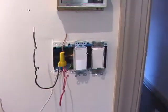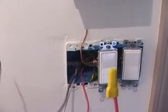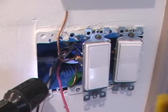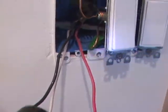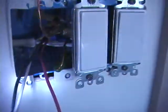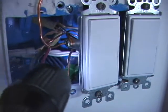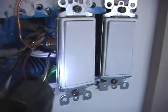Alright, here's a wiring problem. Let's see if we can see in here. I'm not sure there's enough light. We have this 3-conductor wire. And maybe it's better without that. Maybe that's better. You can see the 3-conductor wire is coming out of a yellow, color's not picking up very